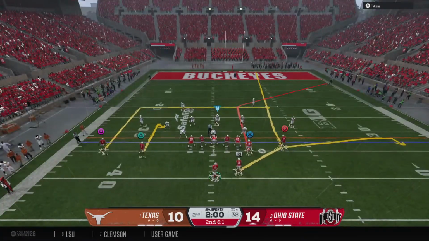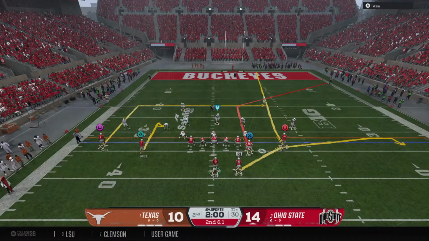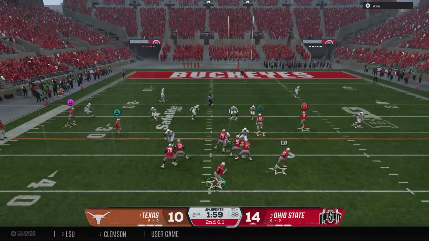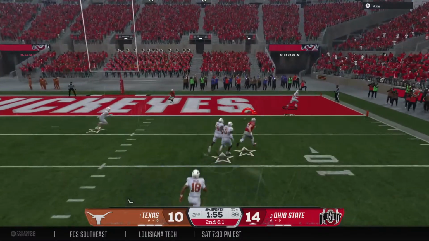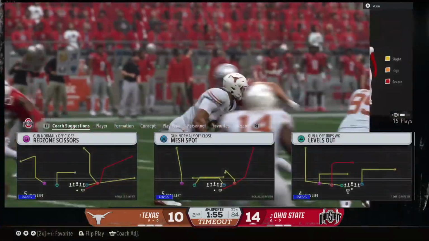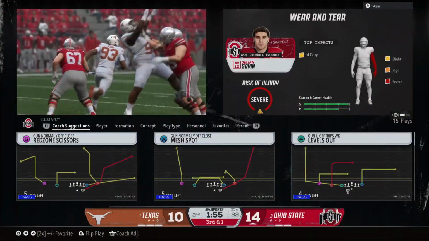Second down play coming up. Here we go. Looking for a man. The pass rush closing in. They try a downfield shot. That's a good effort there, but now it's 3rd down.